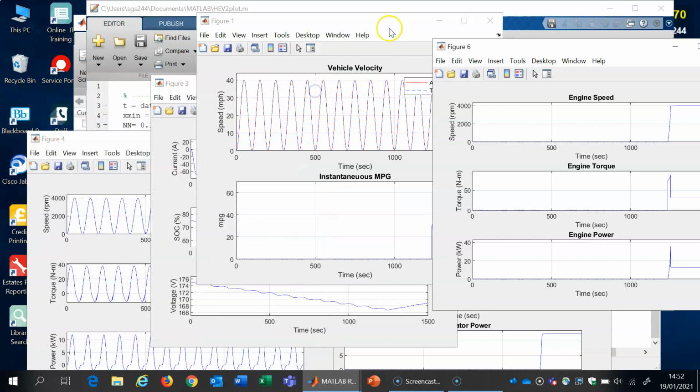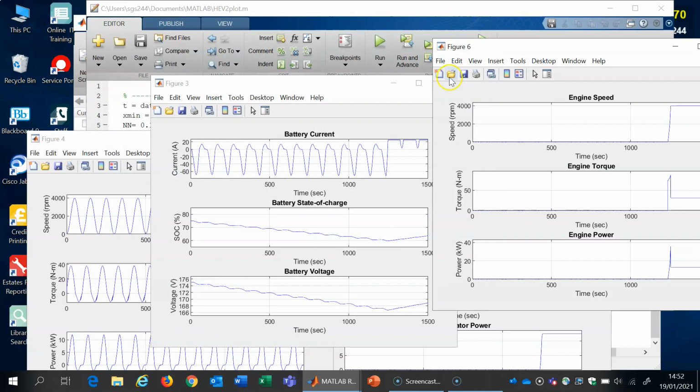Let me close that because I explained it already. So let's go to figure 3. Figure 3 shows the battery status. The current goes out, and then there's a bit of time that it charges. This is charge, this is feeding into the drive. Positive is actually charging, and negative means it's discharging. You can see it going up and down until you get to the time when the engine is switched on. Then the battery is charged more often,